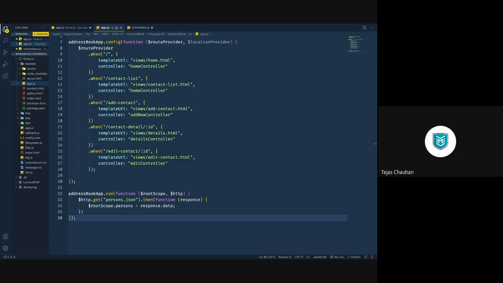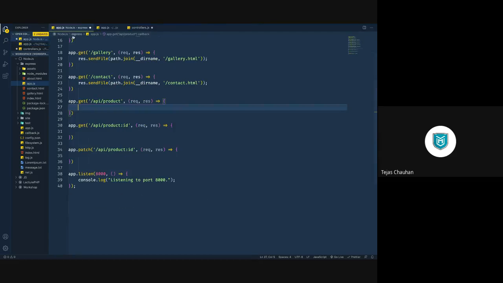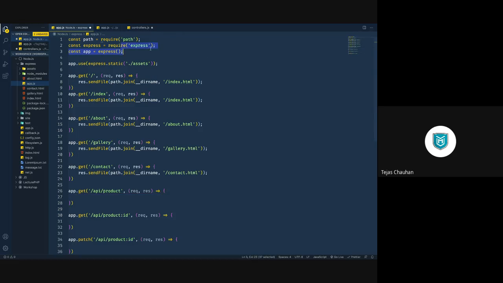So now you start creating some APIs in a Node.js application using Express first. Then you test your APIs from, let's say, Postman, or there are other REST API tools. If it is working properly, then you go to your AngularJS application and update that application, make requests to your Node.js application. So you are actually making a link between the static application and the Node.js server-side application.